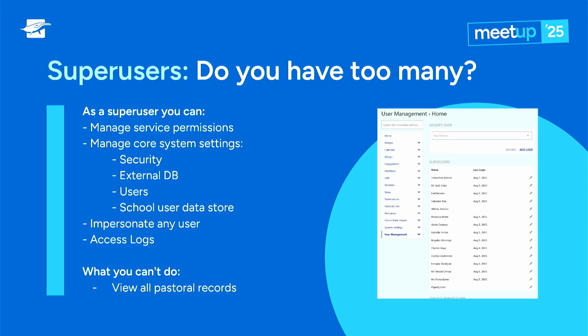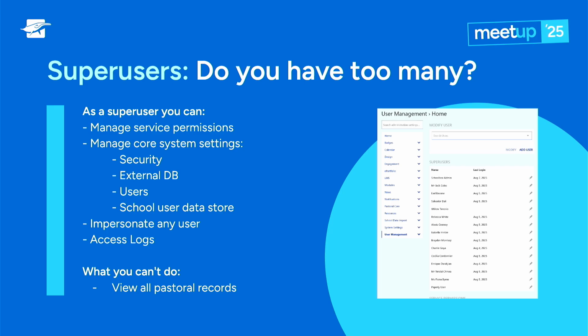A question for some of you: how much do you trust every single person in that list of super users to be able to act responsibly and solve all of those problems, or have access to all of that? How many of you do trust everyone in that list? One person.